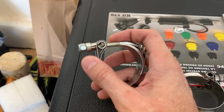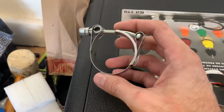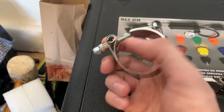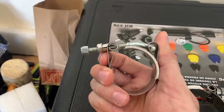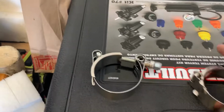I ended up having to take the coupler off, try to install it with just a coupler up in there, but then the coupler fit to the hard pipe is so difficult that it was just a mess. I eventually got it there, but when I tightened it, I got something like this, which was pinching, see a gap in there. It was pinching the silicone tube, so I gave up on that and used the worm gear